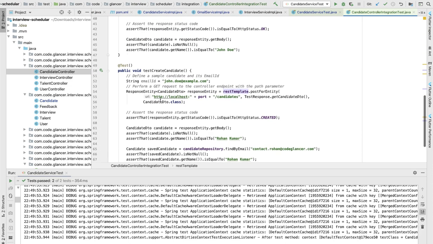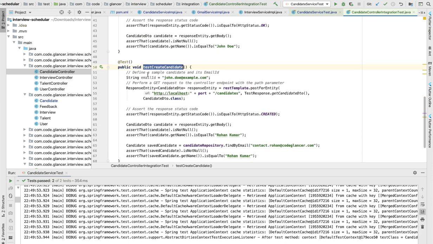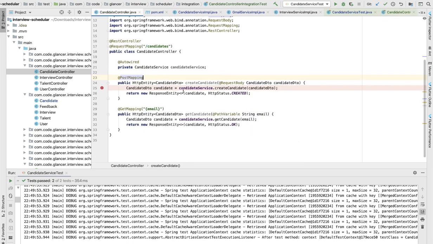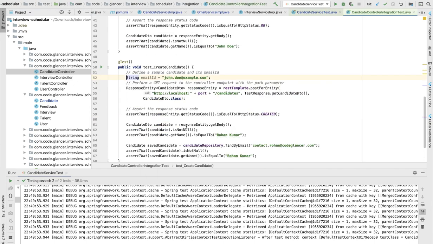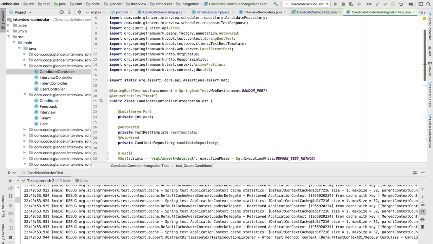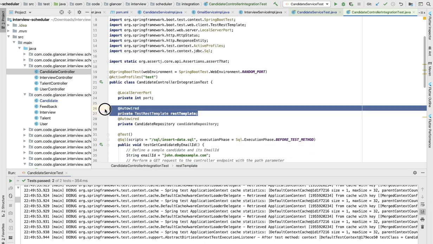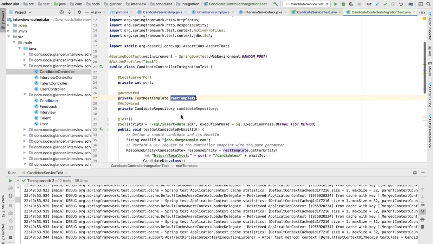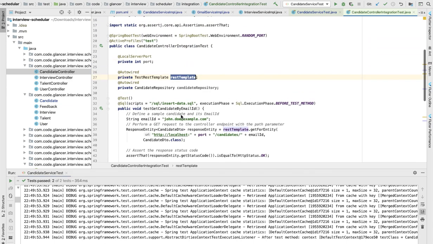So I will come to this one. First of all, you have to write @Test, and then you have to write one method. So here also you can use test candidate, and if you see this method, it is get by email id, right? Here it is a path variable. So first of all, I have injected the TestRestTemplate,